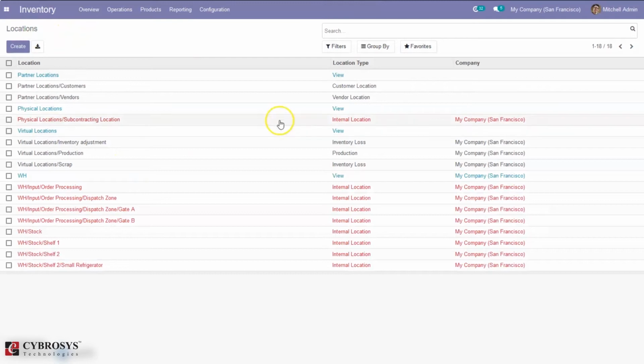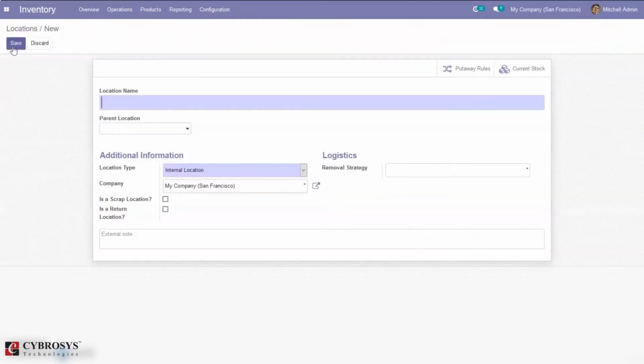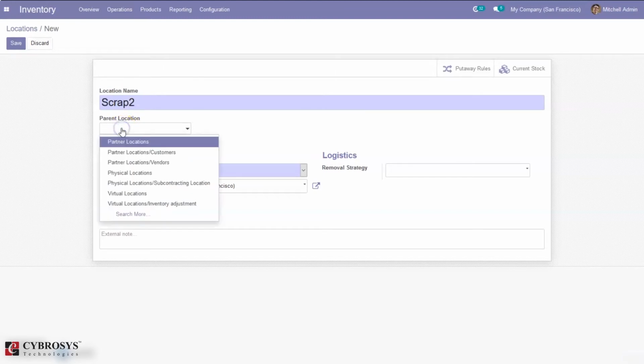In the same way, we can create a new scrap location. The scrap location is actually a virtual location. Click the create button, and you can see a form where we can provide the location name. I'm creating a new scrap location, scrap2, and setting the parent location as virtual location.